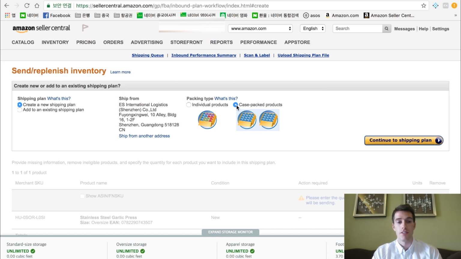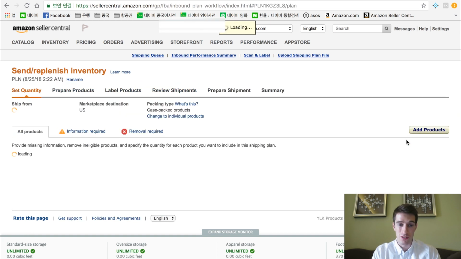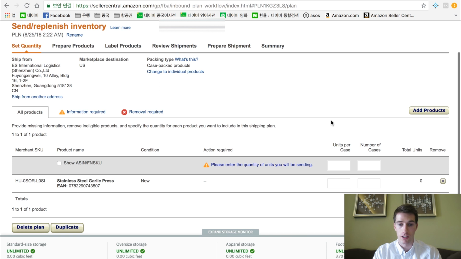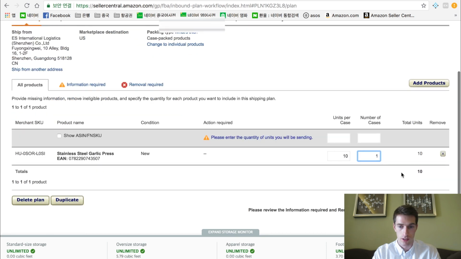So if you're creating a real shipping plan, you obviously want to make sure that everything is filled out correctly, like the ship from address, whether it's individual product or case packed. Amazon explains this pretty well. It's pretty self-explanatory. But you also need to do this just when you want to get the barcode. So for the sake of the video, let's just say that there's 10 units per case and we're sending in one case. Doesn't really matter. Okay, we're going to hit continue,